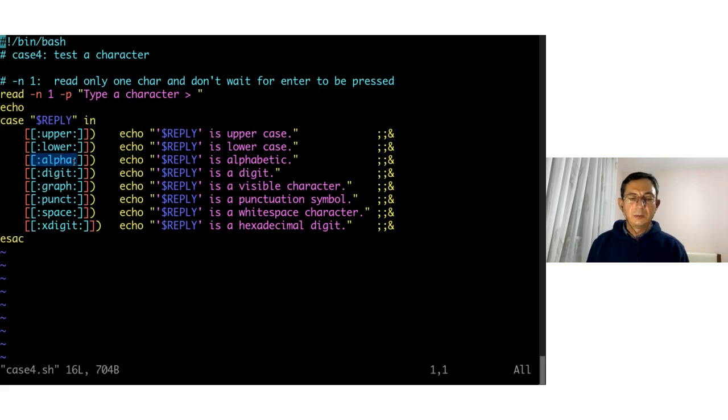And here we have these character classes: lowercase, alphabetic, digit, graphical, which is a visible character. It is a punctuation symbol, white space, hexadecimal digit. So let's try this example